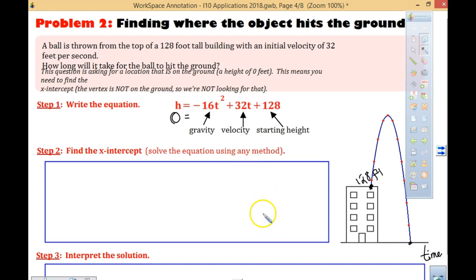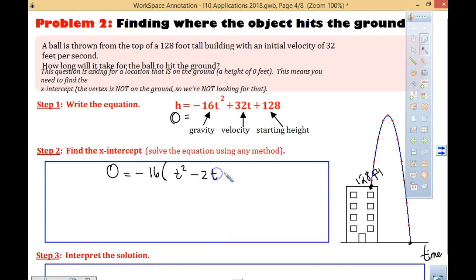Before you start plugging in your quadratic equation, I want you to think about this problem. If we start off with 0 equals, does anyone see a greatest common factor in this that would make it much easier to get rid of? 16, and we're going to actually factor out negative 16. What are we left with when we factor out negative 16? Positive t squared